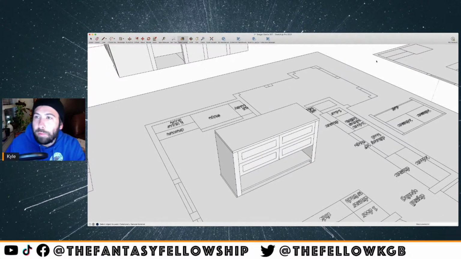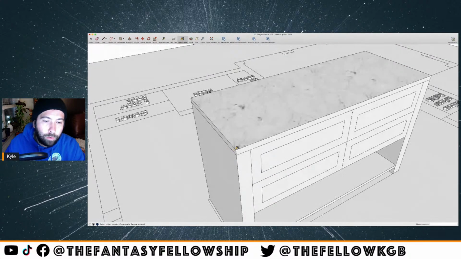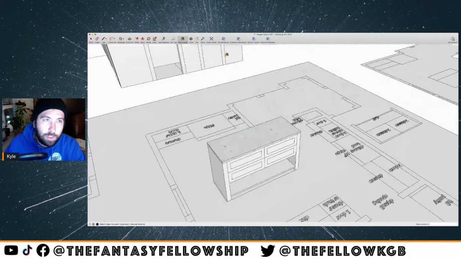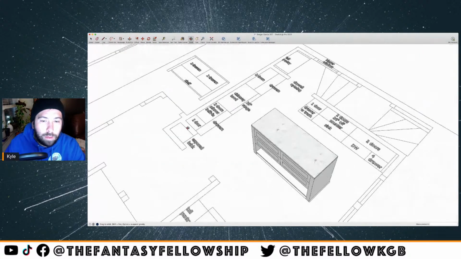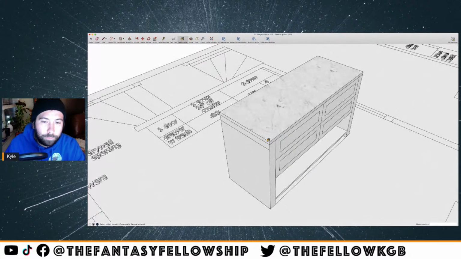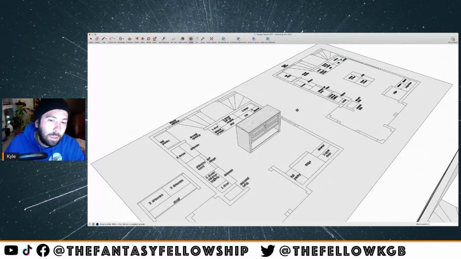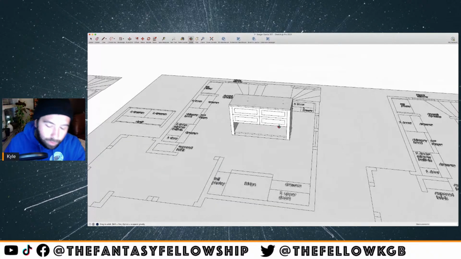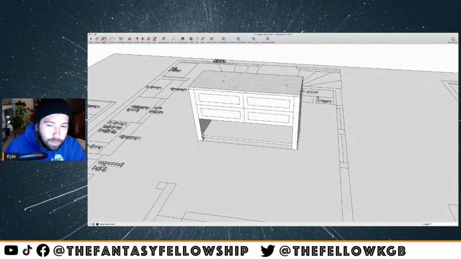And let's go ahead and paint. I'm going to use my paint bucket tool. I'm going to put the countertop, the Carrara marble that we had earlier, in there. That makes that look much nicer. I think we'll leave the shelf at the bottom. We're going to leave that as wood. And then I'm assuming these are supposed to be legs on the island, so I'll show you